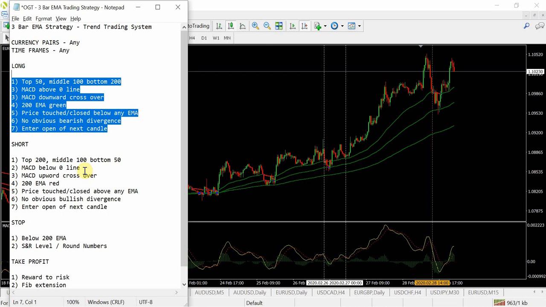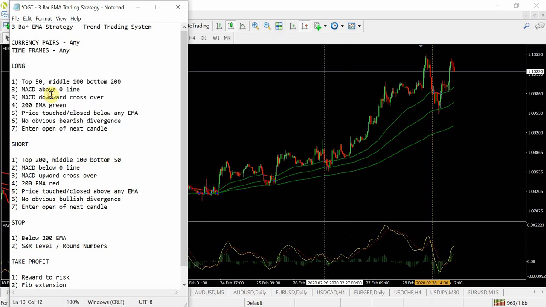So the first thing we need to do is identify the trend that we're in. Are we in an uptrend or are we in a downtrend? And the way to do that,